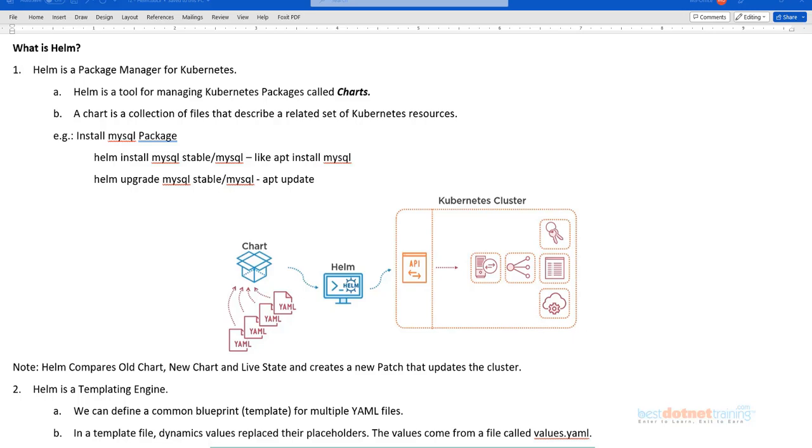Hello and welcome back to the next topic in Kubernetes, and we are going to look at the next topic called Helm. Let's try to understand what Helm is, what it is used for, what the purpose is, and what benefit we'll get when we use Helm. Once we understand all that, I'll tell you the steps for how to install Helm on your machine, and then we can start working with Helm related hands-on activities.